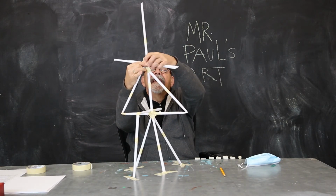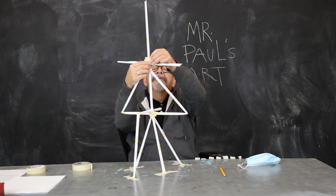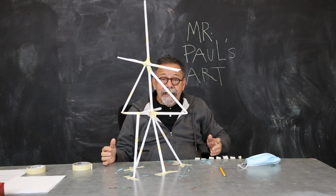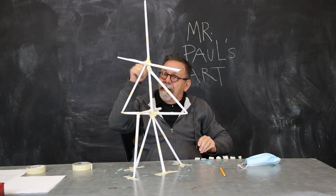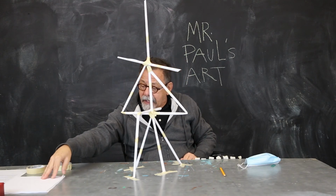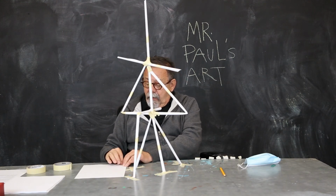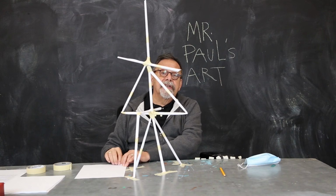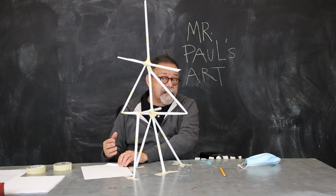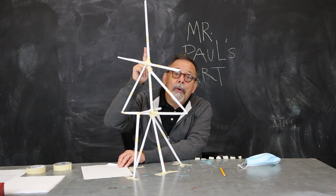The ideas can be endless, meaning your imagination. If you want to, try something, and if you like it, keep it. If not, unroll the tape. One of the last things I'm going to talk to you about, and this is really, really important: the larger these get, and the more weight you put on, it's really kind of weird that the higher you go,